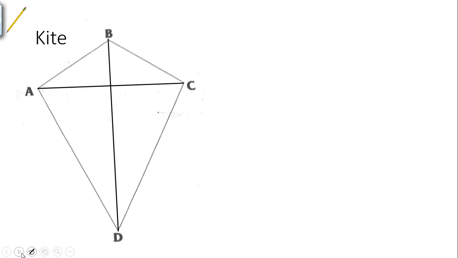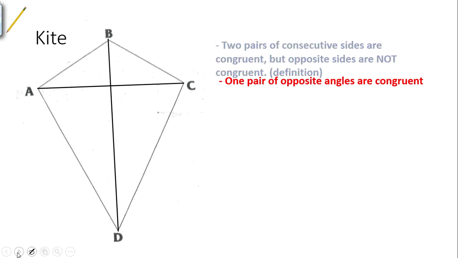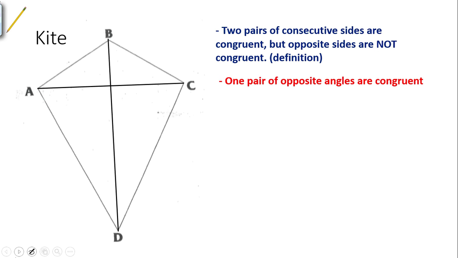So this is a sort of a general picture of what would be happening inside of a kite. You'd have these vertices, A, B, C, D. You'd have two diagonals that you could draw through there. And here are the definitions or the properties of what's happening. When we talk about a kite, we're talking about two pairs of consecutive sides that are congruent, but opposite sides